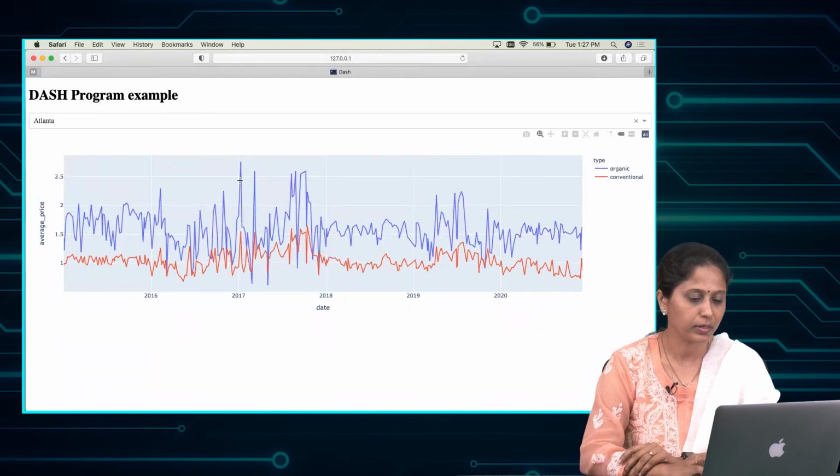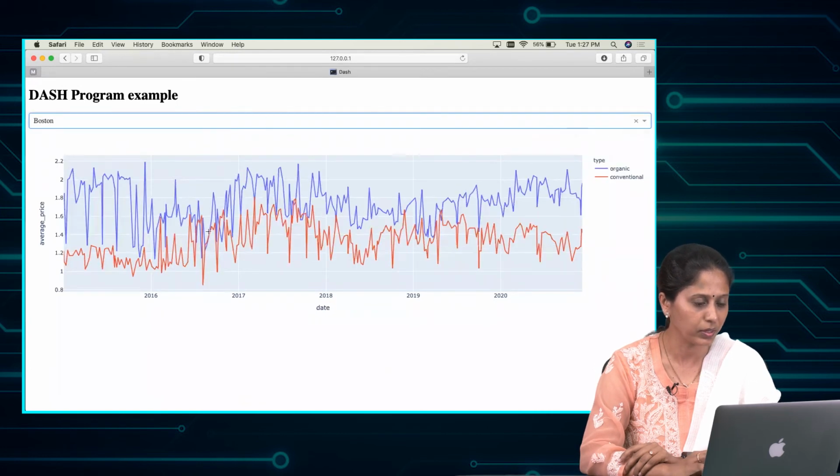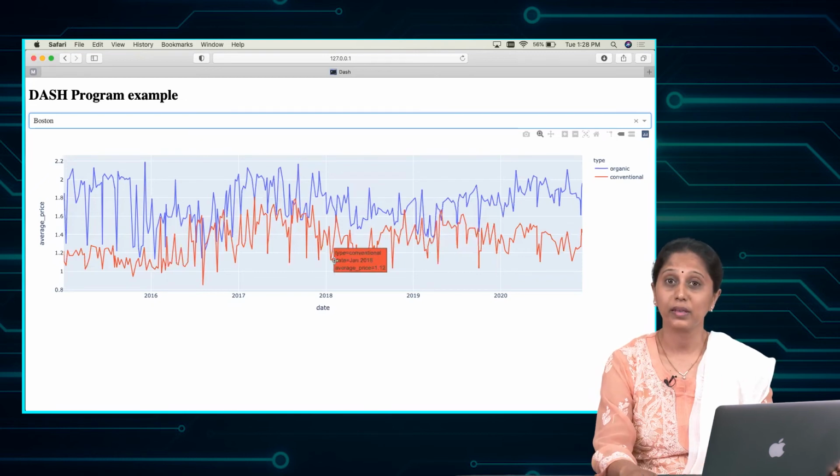As you can see, the data for Atlanta is loaded here and the graph is interactive. As I change the different region, the graph of that region is updated below. So, with three components, dash core component, plotly graph and callback functions, we can build an interactive web dashboard. Now that we understand each of these dash components, let us update the layout and create an avocado dashboard with a couple of graphs and styling.